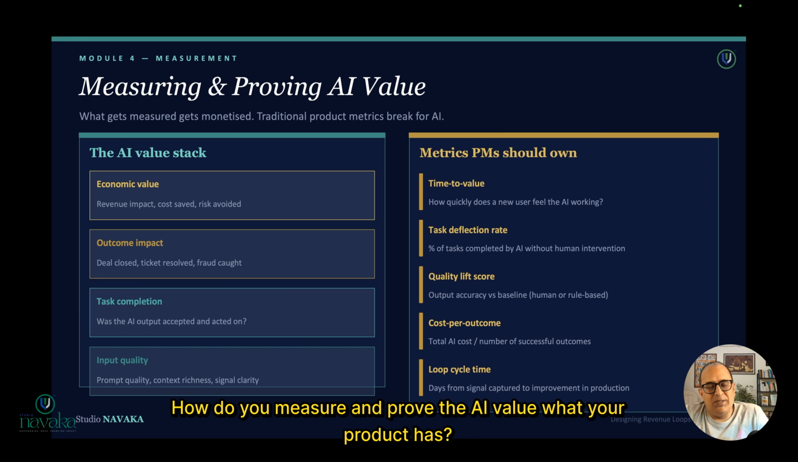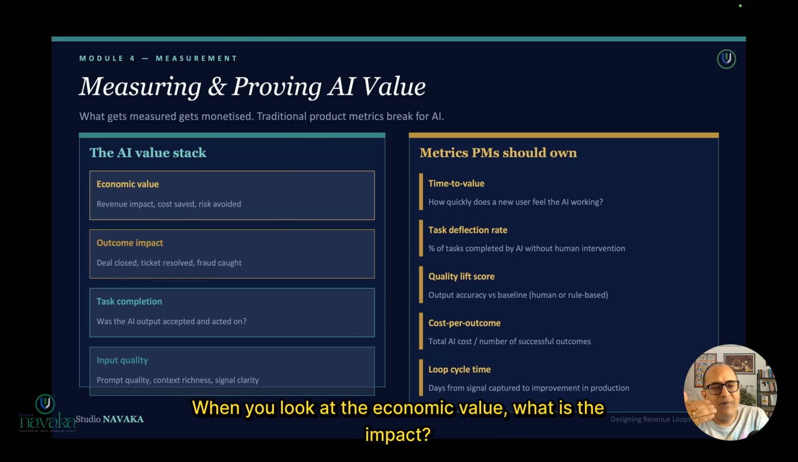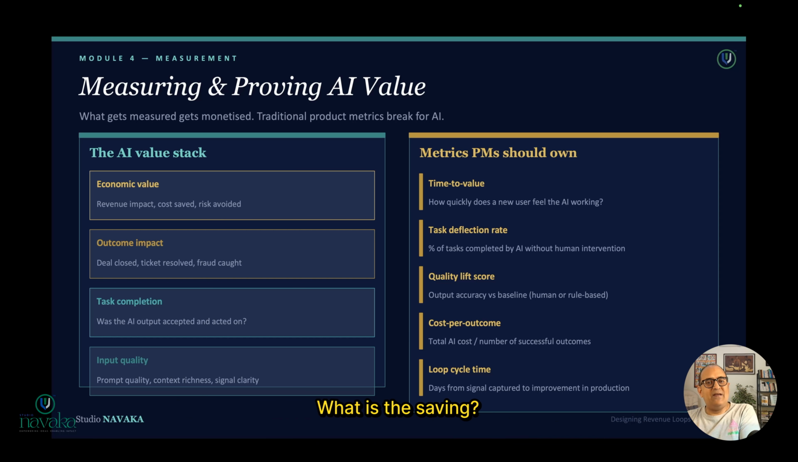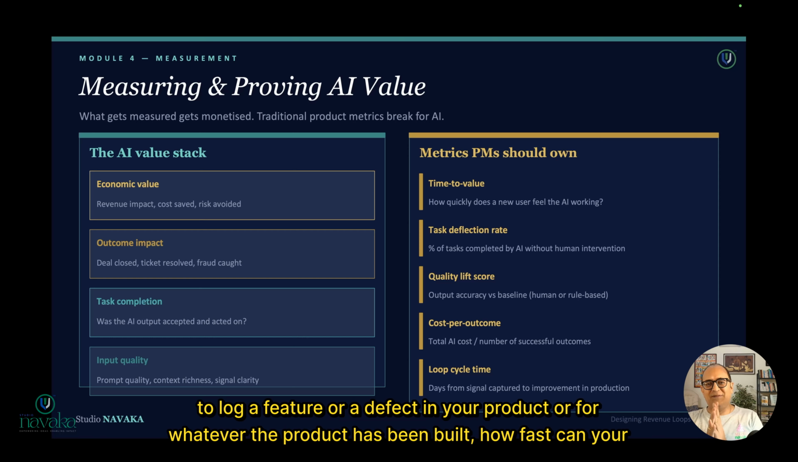How do you measure and prove the AI value that your product has? You have to prove economic value, outcome impact, task completion, and input quality. When you look at the economic value, what is the impact, what is the cost, what is the saving, what is the risk averted, and all these things come into the picture. If you look at the outcome impact, I mean, when I say deal closed or ticket resolved. So, for example, if you're using an AI model for somebody to log a feature or a defect in your product, or for whatever the product has been built,